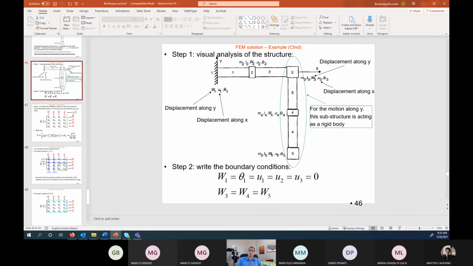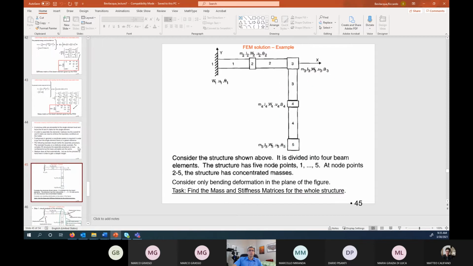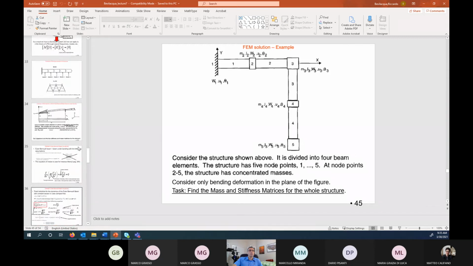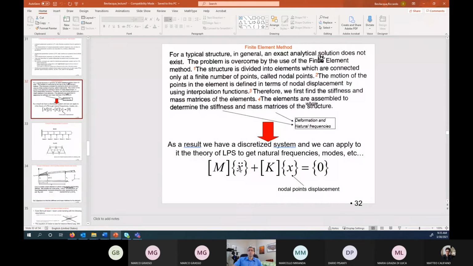But it is important to know that at the end of the day, you are going to obtain an equation that will look like this, where now the x's for this problem are the w1 theta 1, w2 theta 2, etc. So you have a pretty big vector that you have to deal with,